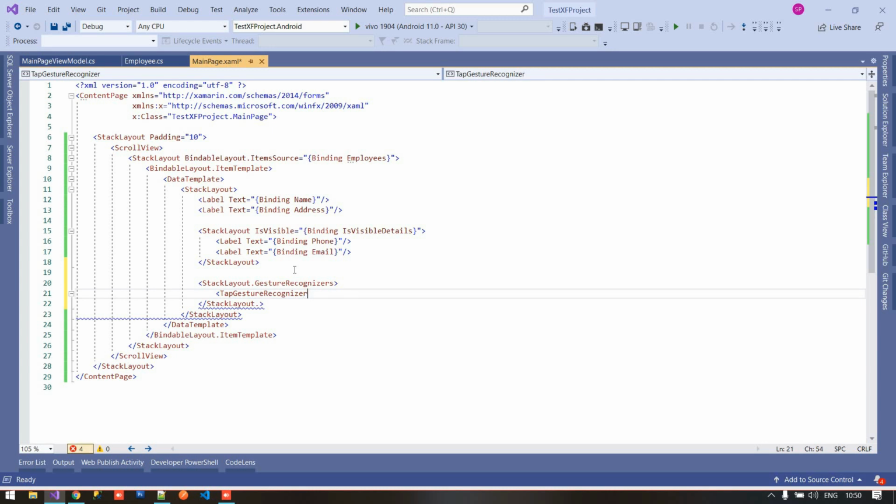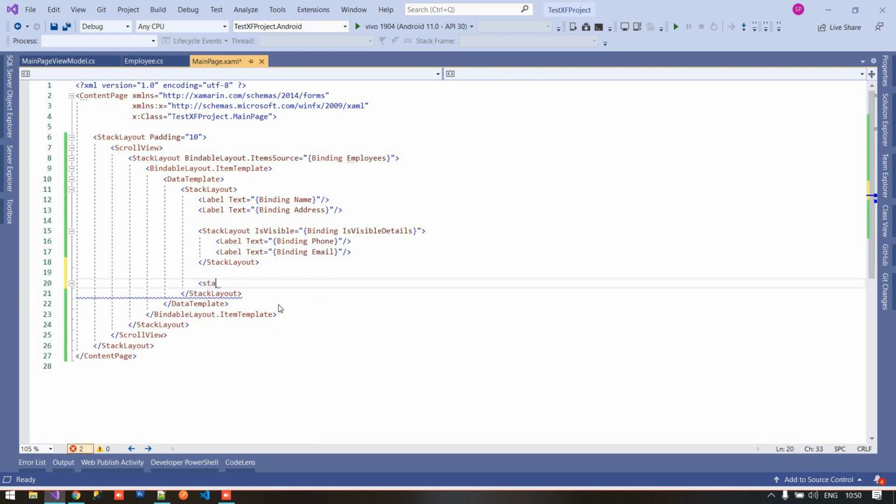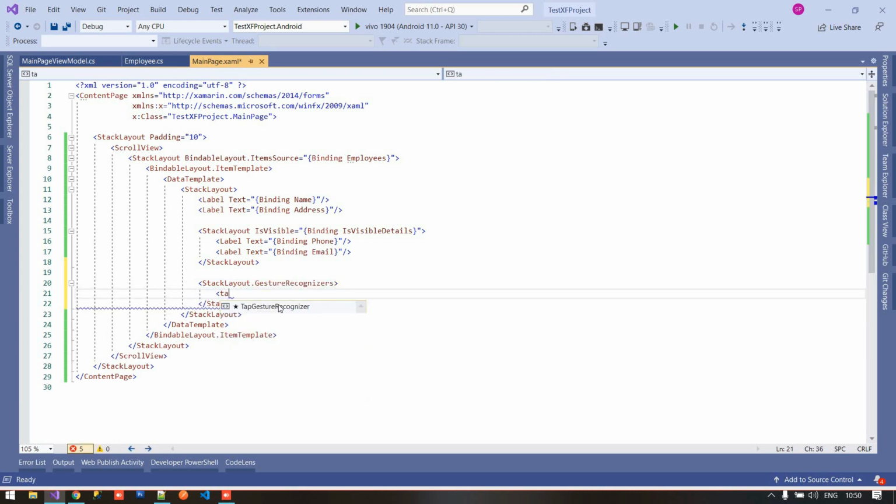Inside this TapGestureRecognizer, I am using a Command property.